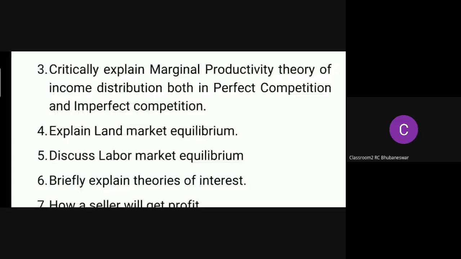Then fifth question maybe: discuss labor market equilibrium. Labor market. First, what is labor? Labor means exertion of body and mind undergone pain and pleasure derived directly. Those who work in the various industry or various agricultural sector, various sector,